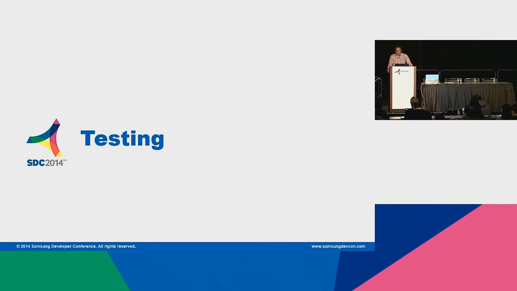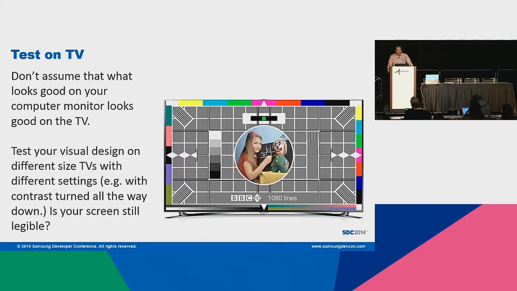The last topic we have to talk about is among the most important. Testing is one of the most important ways to ensure that you have a good TV experience. When you're designing for TV, the most dangerous thing you can do is assume that what you see on your computer monitor is going to be representative of the experience you've just designed. We recommend that you always take your screens and put them on an actual TV to see just how it's really going to feel in that environment.